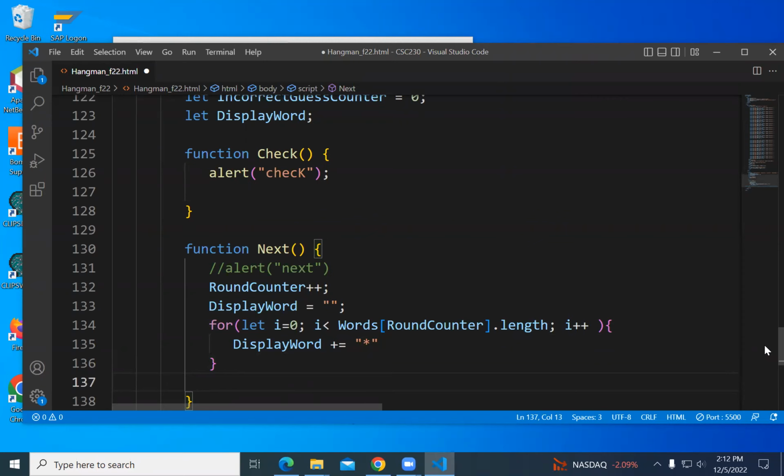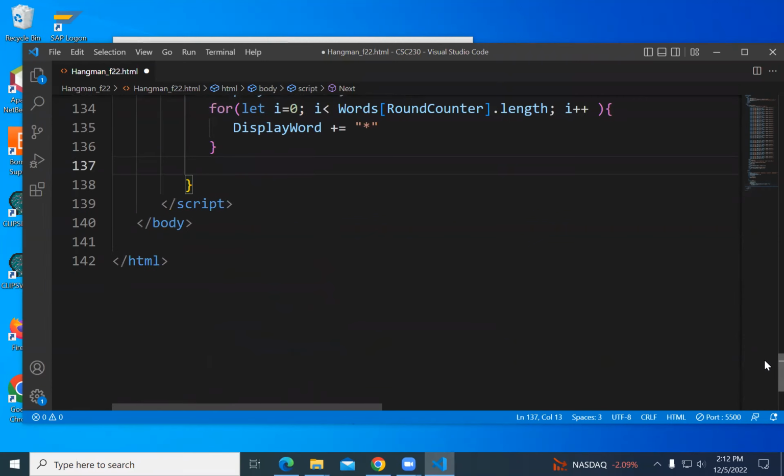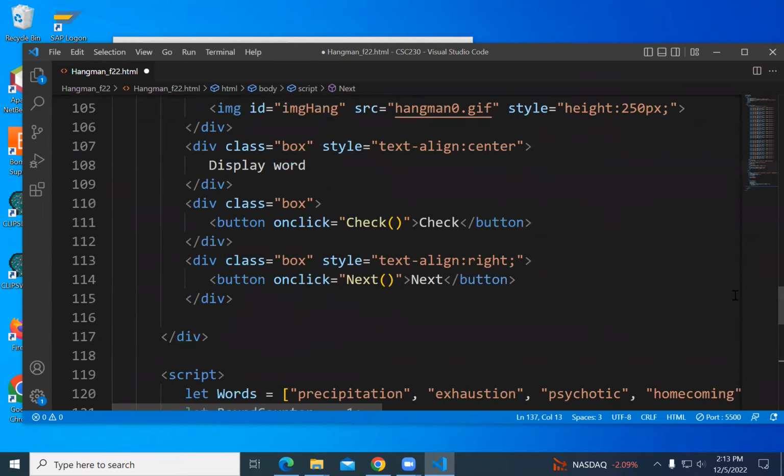So I have a place for that on my page. I have here display word. That's where I want the display word. I have a div, so I could give the div an ID, or I could have a span, put a span in there and work with the span.